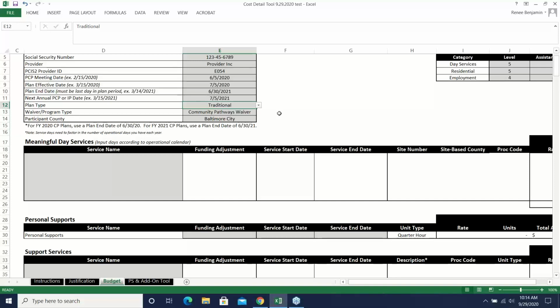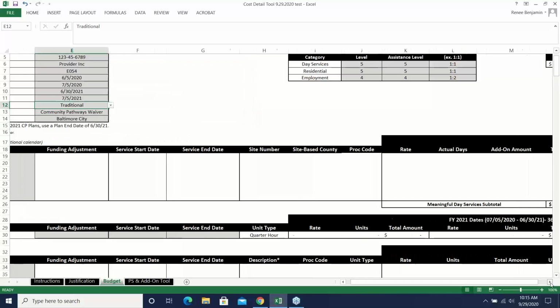That's why it's important that the proper information is populated in the demographic table over here. And so what Renee is about to demonstrate is after you've filled out the demographic table section to the top left-hand corner of the budget tab, and you go over to the center, top center portion of the cost detail, you will see the